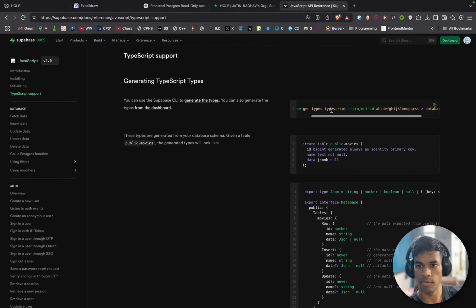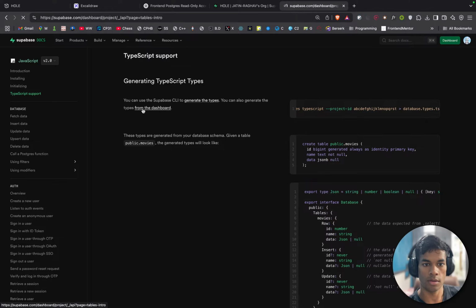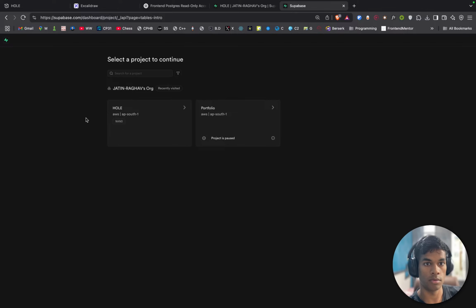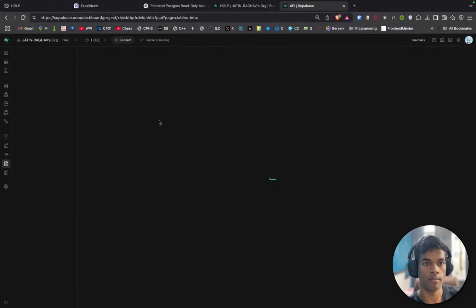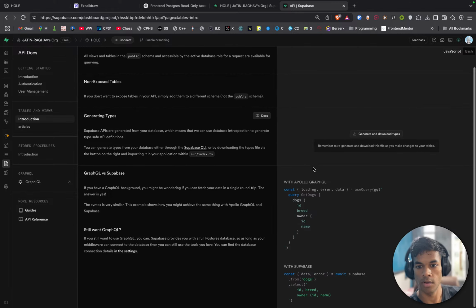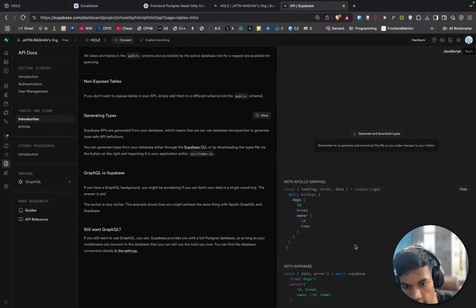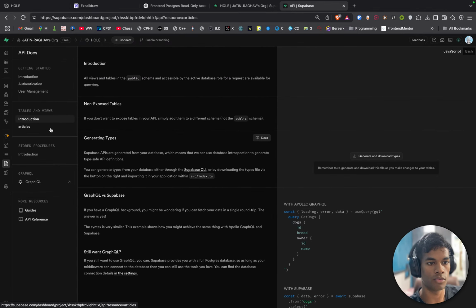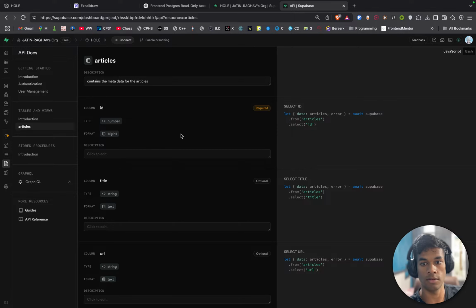supabase gen types typescript. Okay, generate the types. You can generate the types from the dashboard also. Okay. With supabase, production articles. Yes.